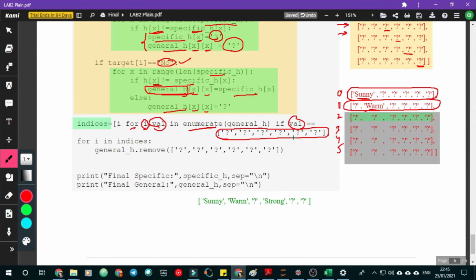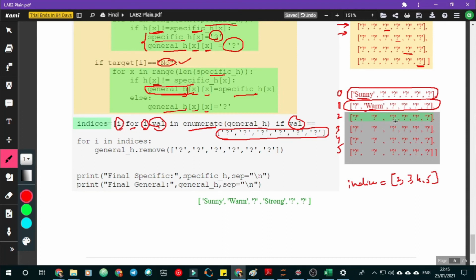If it is question mark, then get the index. That means indices, what is the indices value? After we successfully run this line, indices will be 2 3 4 5. Correct? 2 3 4 5. Yes or no? Because all are question marks. That is what we wanted, right? We wanted